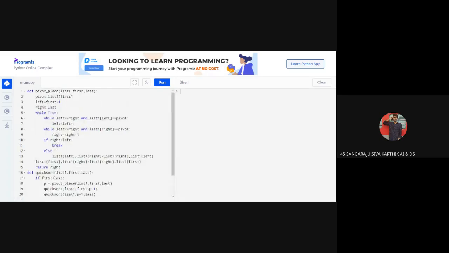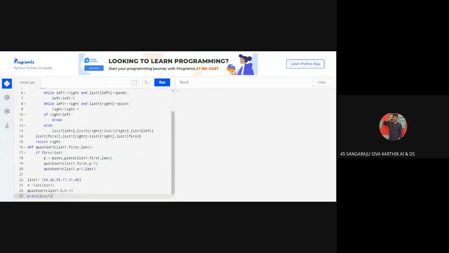Yes. Now I am explaining about taking first as my pivot value. So I will take the methodology with first as my pivot value. In this data structure, first we want to create a class and object. So for that I am creating a list, and we are assigning the length of the list as n. So we are doing quicksort.